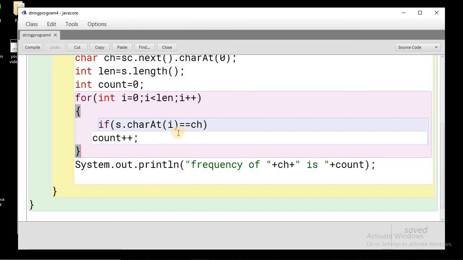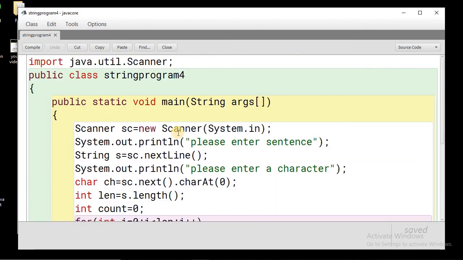As I have already told you, in my next lesson we will be talking about that particular program where we need to find out the frequency of each unique character in the string.